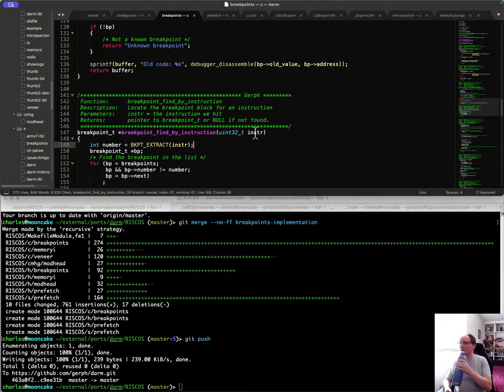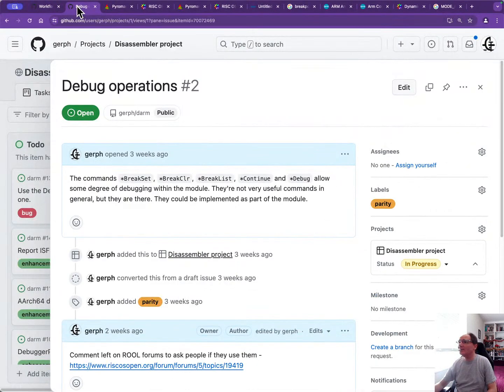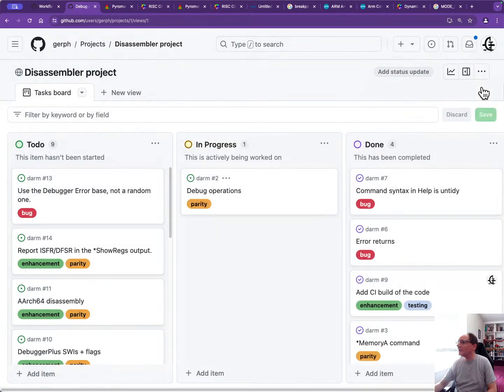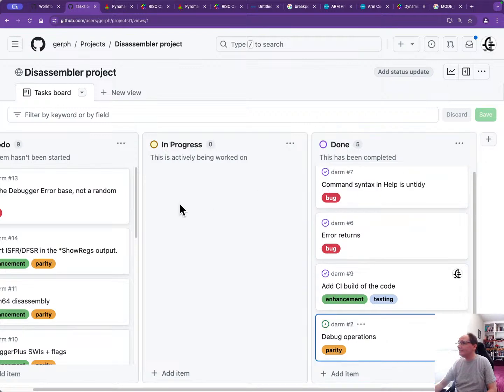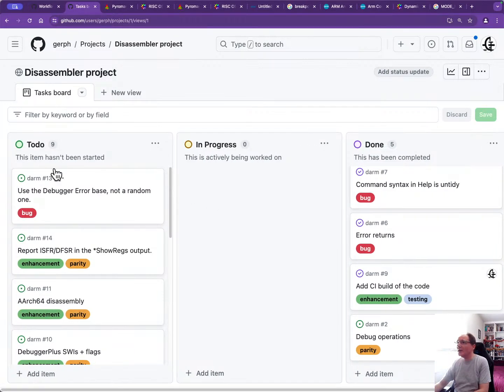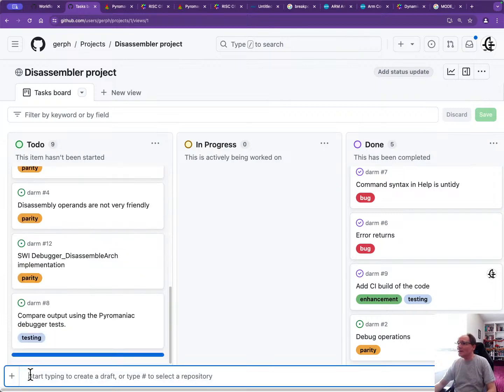What I'm going to do is add that to the list of things to do, because I think that's going to be a much clearer thing to do. Let's add it to the list, and whilst we're looking at the list, we can tidy it up and finish things off. So debug operations done, which is good. Let's add an item. Use addr_t and instr_t. I like instr_t to mean